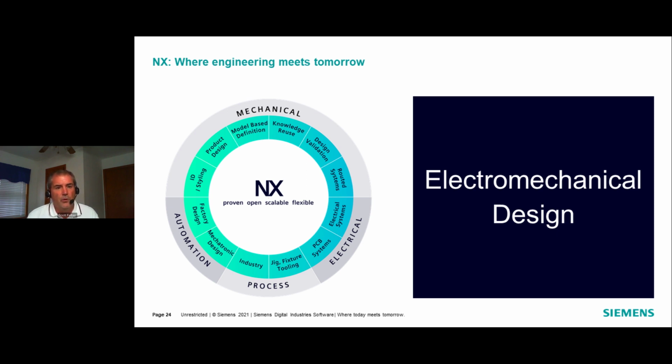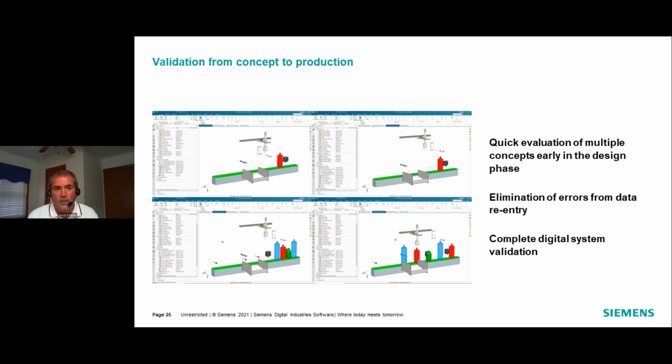This will allow you to move your organization from 3D to mechatronics in the very same way you moved from 2D to 3D decades ago. Customer requirements can be verified against your design early on to validate that the solution will work within the context of an existing design. The most optimal concept that is now validated and chosen can be reused without need to re-enter any data in the final machine. This will save you time to market and time on delivery. Let's take a look now at a movie of how we can validate this.